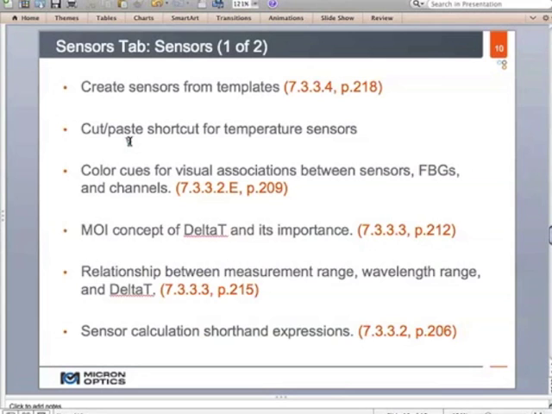We are going to show that there are several shortcuts for entering some of the coefficients for temperature sensors. We want to introduce you to some of the color cues that are built into nLight that help you to visually associate different elements, be they FPGs, sensors, and channels together. In other words, be able to see quickly on what channel are the FPGs that are components of this particular